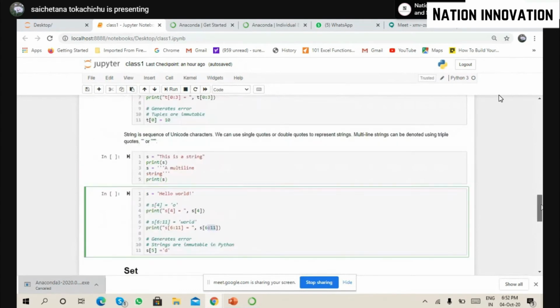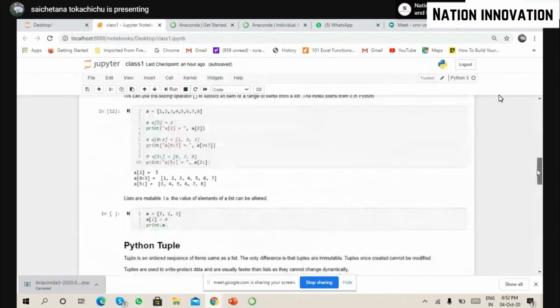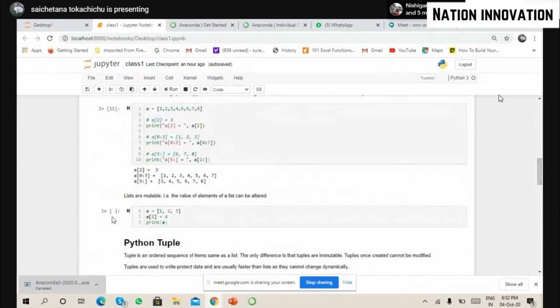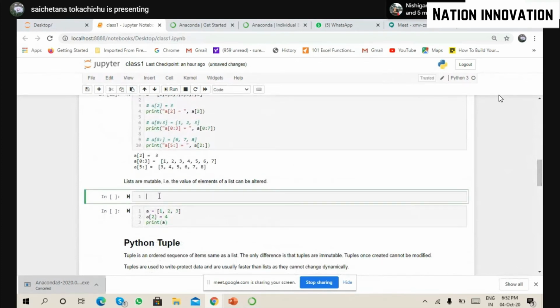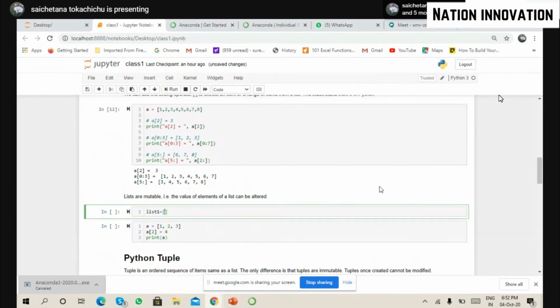Now the next part is, we have done with list. So yeah, one more thing I want to tell you. A unique feature of list is it can be changed. So let us say this is our list. Our list one is having some text, and it is also having some numbers.